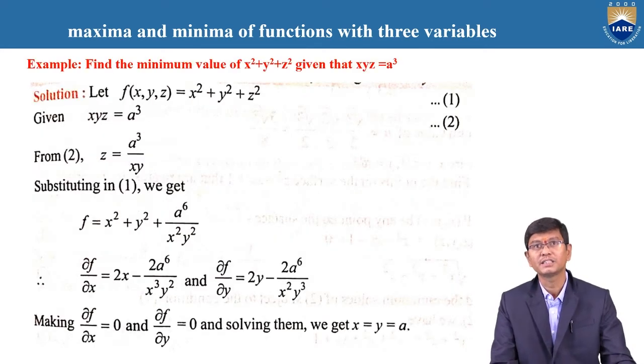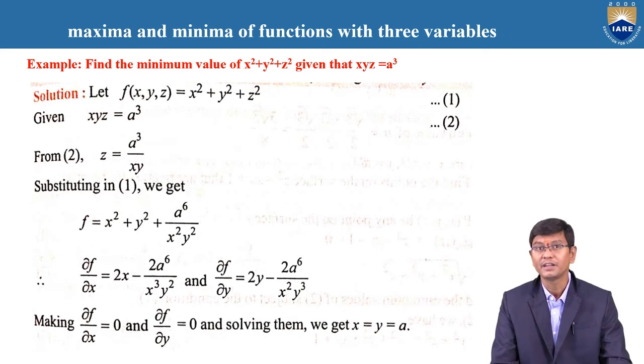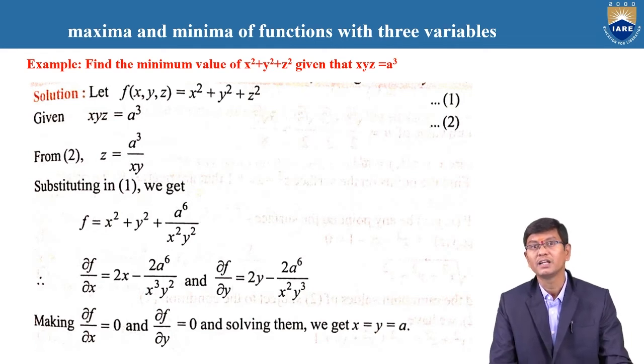Now, we need to discuss one other problem: find the minimum value of x² plus y² plus z², given that xyz is equal to a³. From the second condition, we clearly identify z equal to a³ by xy. When we replace this in the first equation, x² plus y² plus z²,